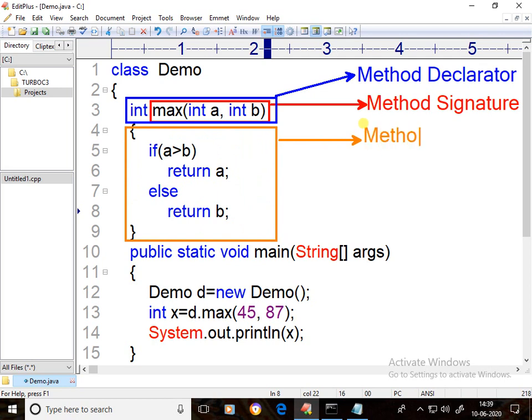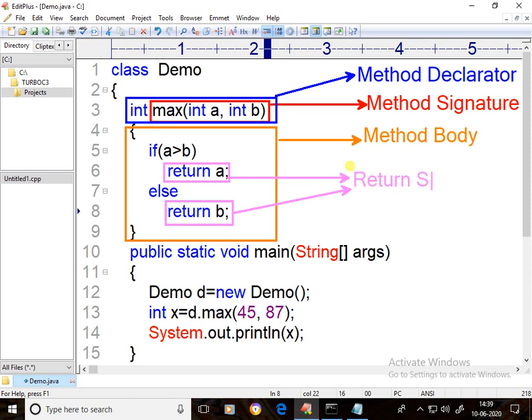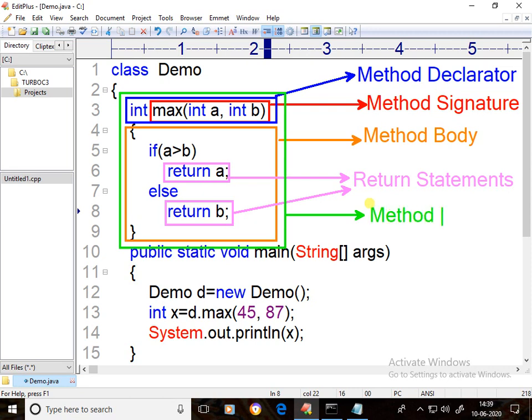The return keyword lines, this one and this one, are called return statements. The method declarator and the method body together are called the method definition.